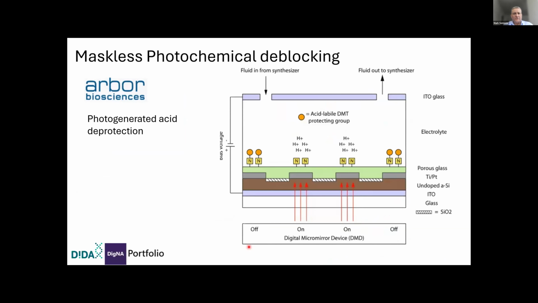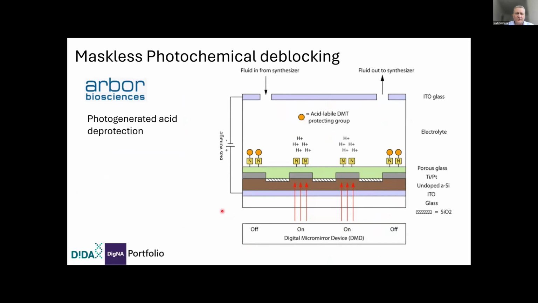Another alternative approach is this hybrid approach where you use both chemistry and photochemistry to achieve deprotection. And this was pioneered commercially by Arbor Biosciences in Michigan. And it was based, I think, on research done at one of the universities of Michigan. I can't remember the name. And the idea here is that